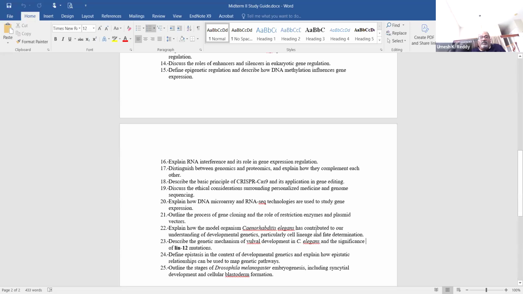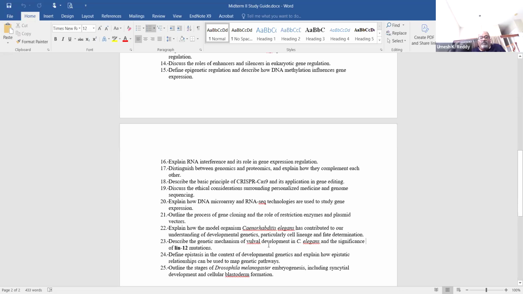That LIN3 is a kind of signal molecule or ligand for a receptor on the P6 cells. The P6 cells especially have a receptor called let-23. So let-23 and LIN3 have to interact to produce a bunch of cell lineages that finally end up